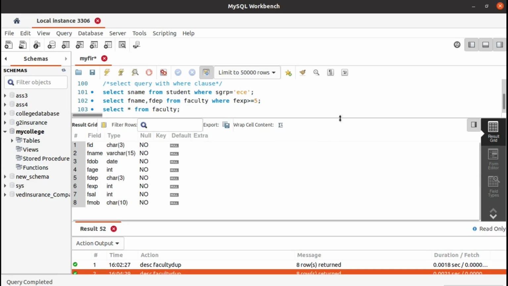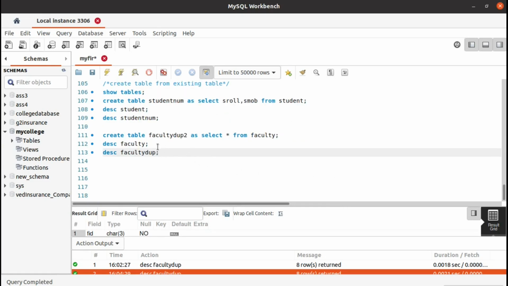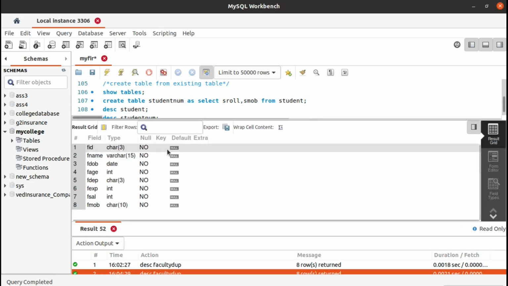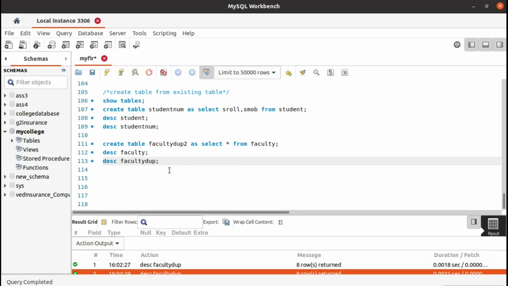That's it. Now we will see what happened with the data in the faculty table and the faculty duplicate table. Now we have created the faculty duplicate table from the faculty table. Now we will see what data we have in the faculty duplicate table. Let's run this.